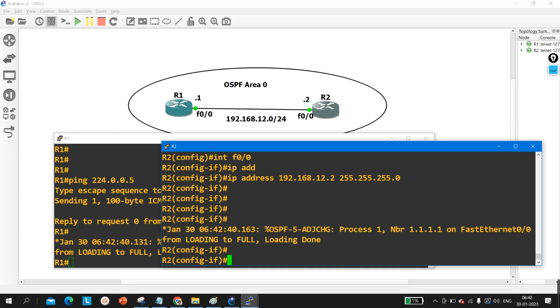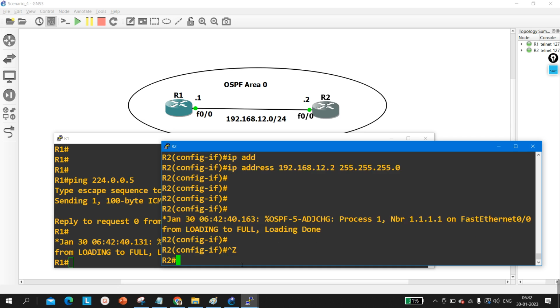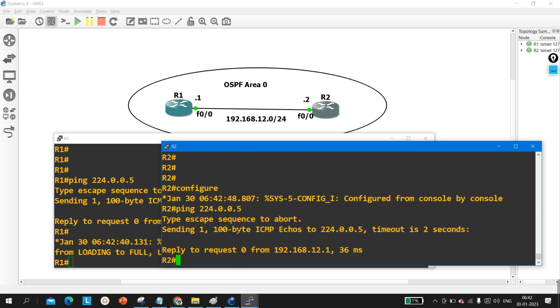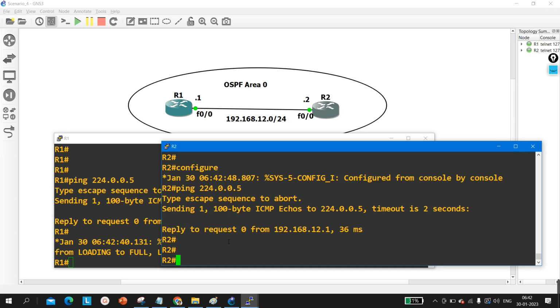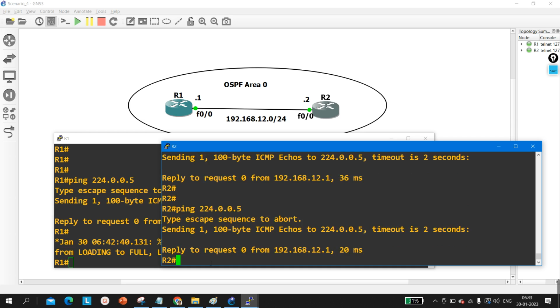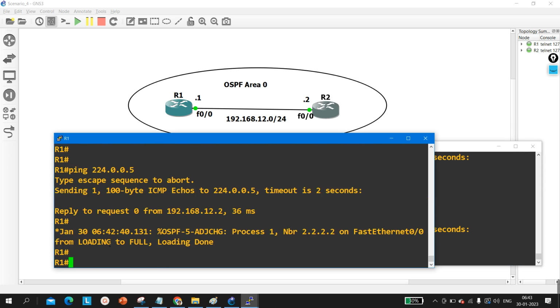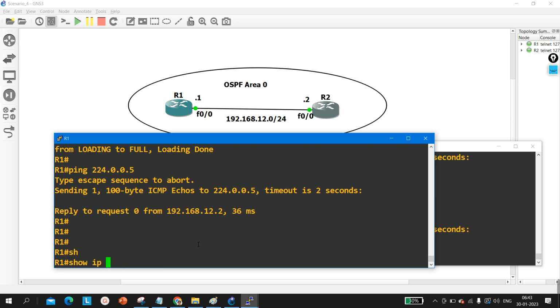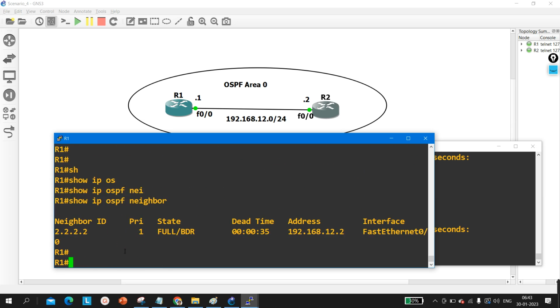Now you can see the OSPF state is full, and if you ping the multicast address 224.0.0.5 now, I am getting a reply from 192.168.12.1 and from 192.168.12.2. If you run the show ip ospf neighbor command, here you can see the neighbor is in full